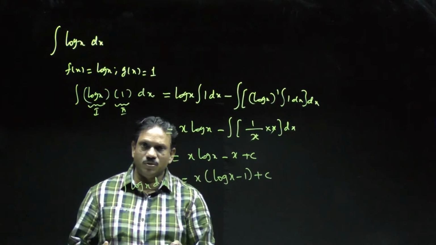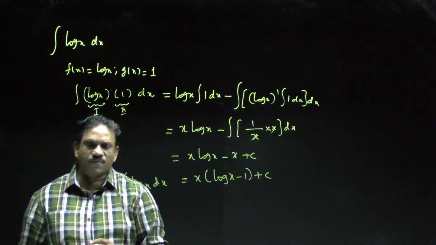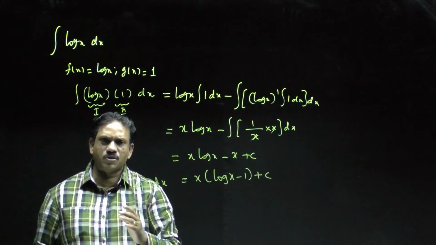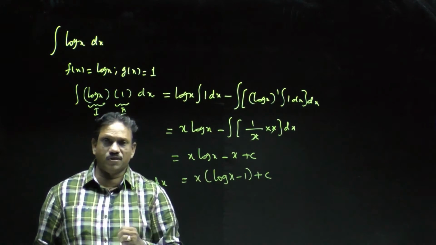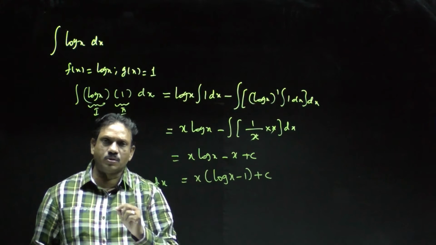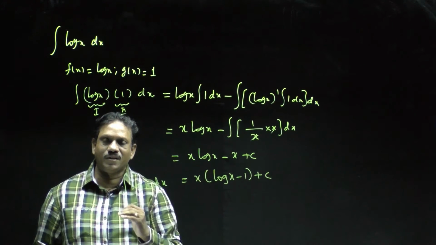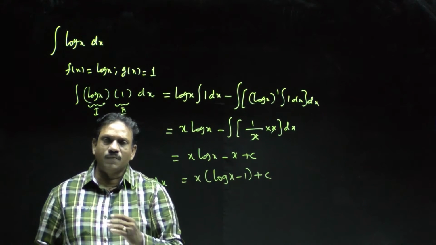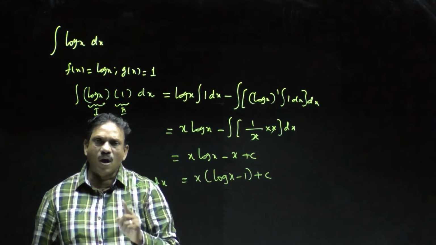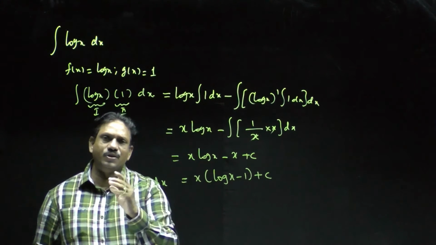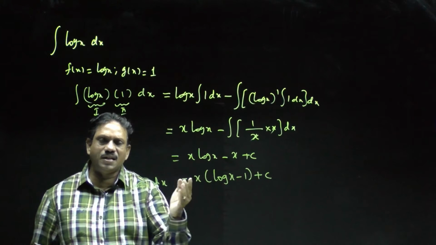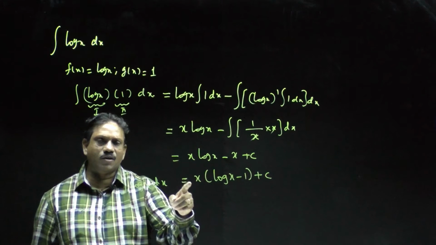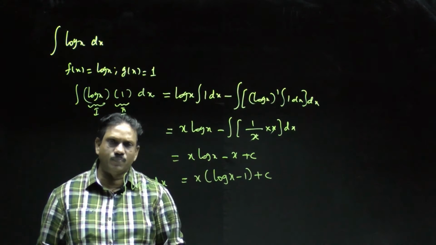Once again, we have to discuss this point. Whenever there are functions like sin inverse x, cos inverse x, tan inverse x, that means all inverse trigonometric and hyperbolic functions, or some that come with roots like root of a square minus x square, like these problems, log x as well. For all of them, you select 1 as the second function and use our by parts method. You can easily get the integrals of these functions. Now the integration of log x is, finally, x (log x minus 1) plus c.